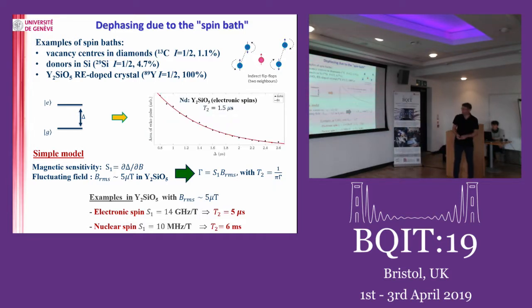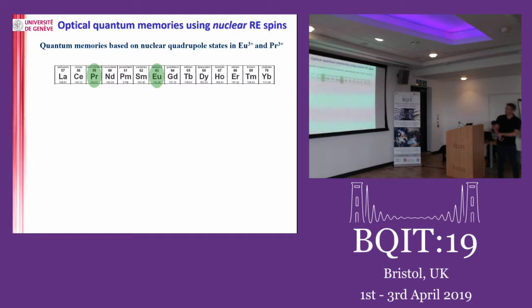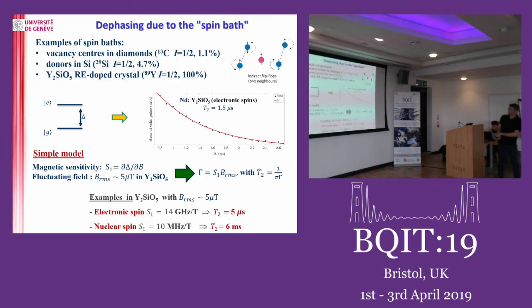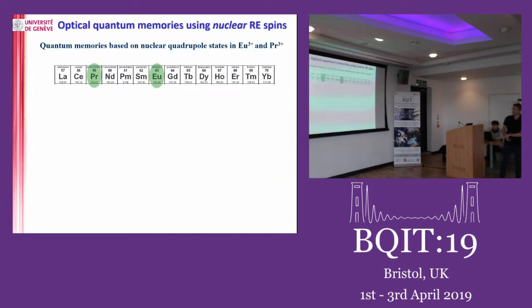You do some experiments in labs. So this is a typical electronic system. Neodymium has 2 electronic Zeeman states plus minus 1/2. You do a spin echo measurement, you find 1.5 microsecond, and you're not surprised at all. That's what you should find. Right? So that's one reason we don't use nuclear spin, electronic spin up to now. And that's why the memories that use spin degrees of freedom in our community have only been concentrating on these two, which are only having nuclear degrees of freedom.